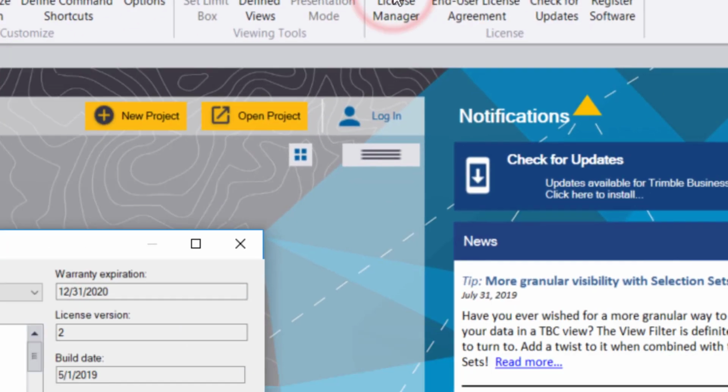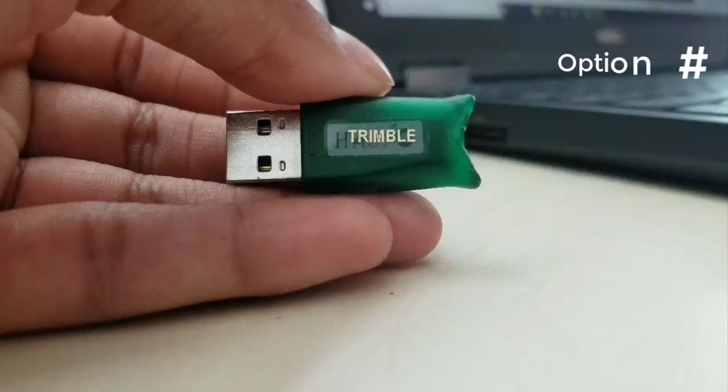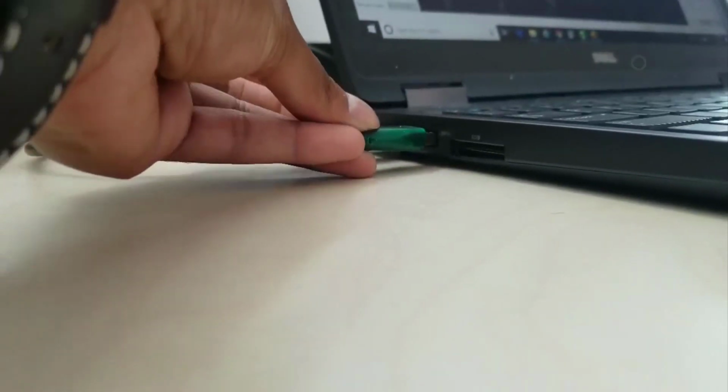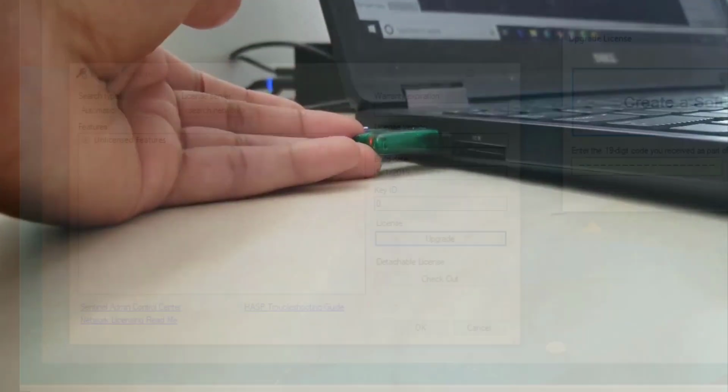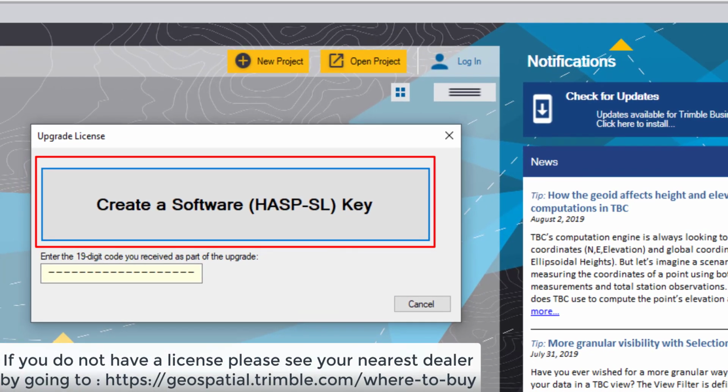There are three main scenarios for licensing your copy of TBC. First, if you have a dongle, plug the dongle into your computer and the license manager will automatically read it. Second, for a license installed on a TBC workstation, click Upgrade, then click Create a Software Key and enter your